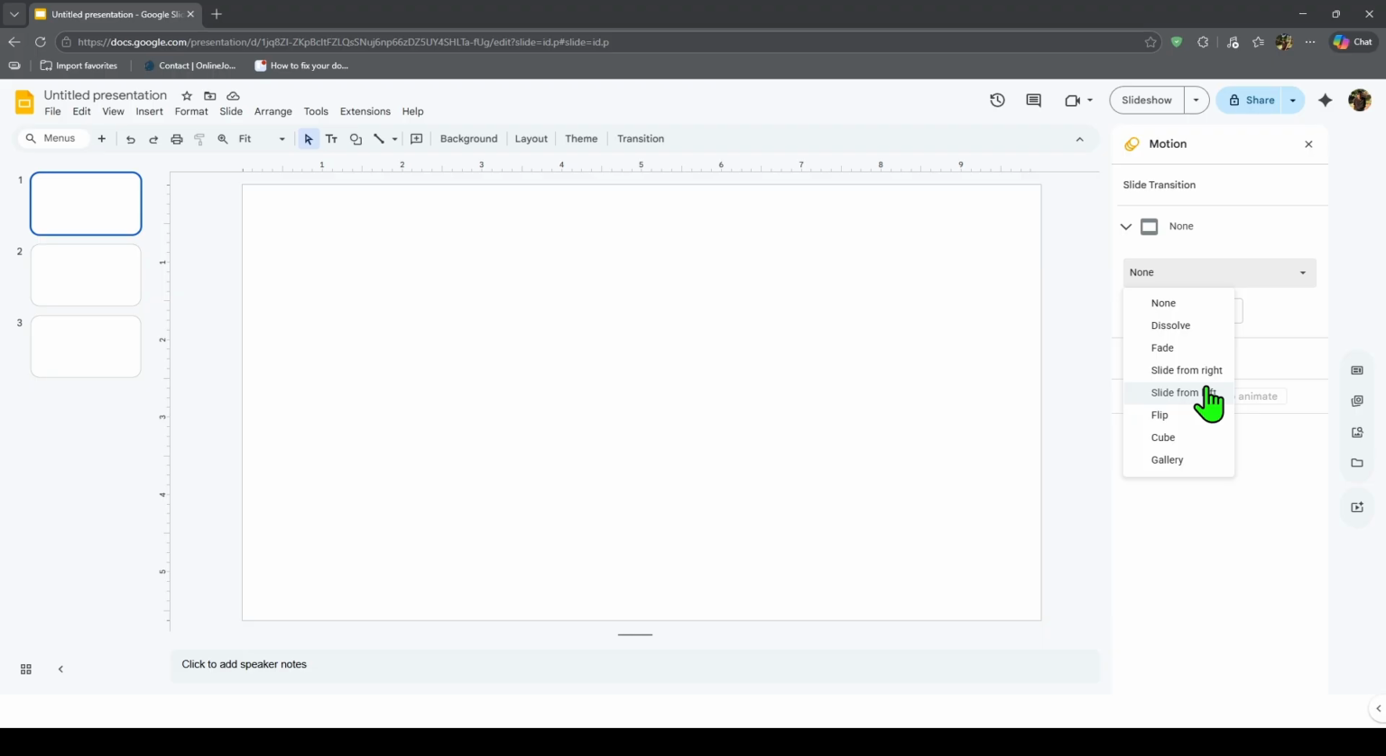So the steps are simple. Open Google Slides on your computer, select a slide, click Slide, choose Transition, pick the effect you want, adjust the speed, and preview it. That's how to add transitions in Google